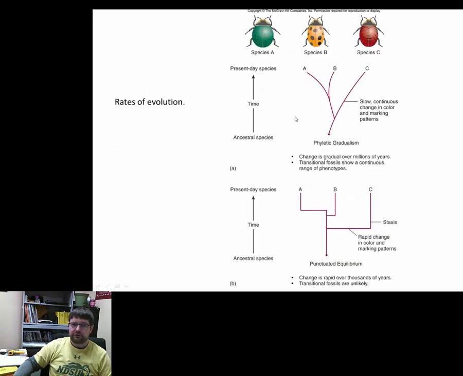So here you can see the two. Okay, so you get rates of evolution where you have gradual change over a long period of time, okay, with diversification, one species giving rise to maybe a couple species, etc. Or you can get punctuated equilibrium, nothing for a long time, and then boom, rapid. And so you could have not just one species off here, but you could have C, D, E, F, G, all kinds of species that are coming off after a long period of stasis.